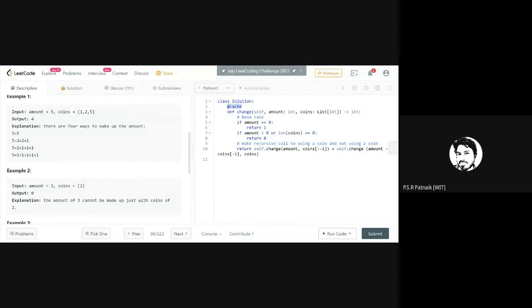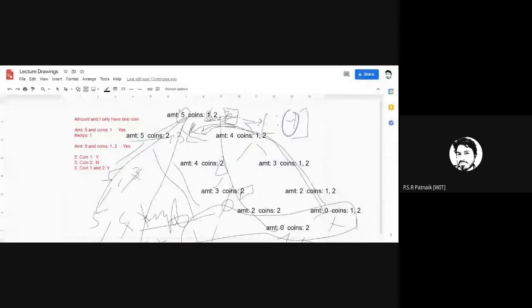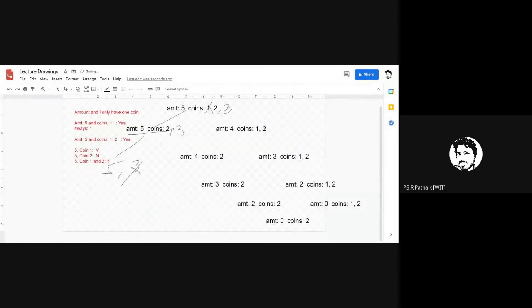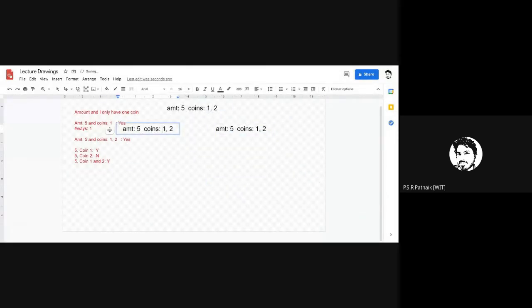So remember, how do you differentiate a function call? When you create a function call, think of this as a function call.